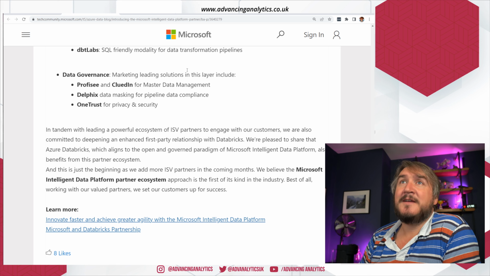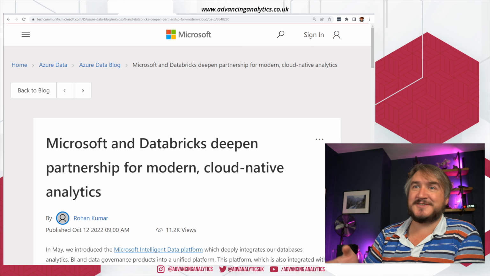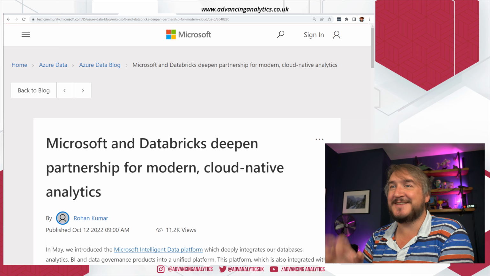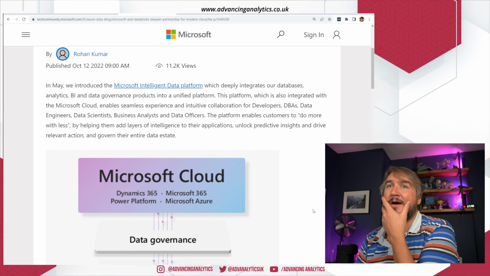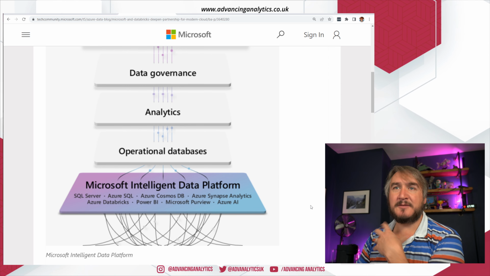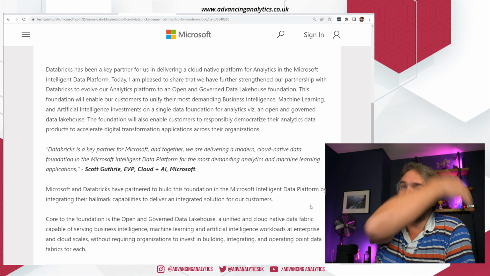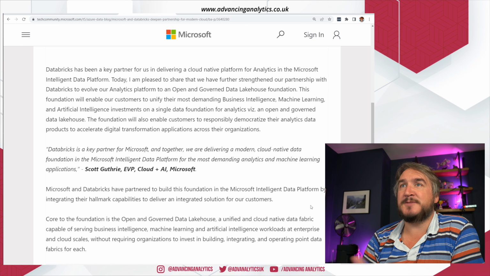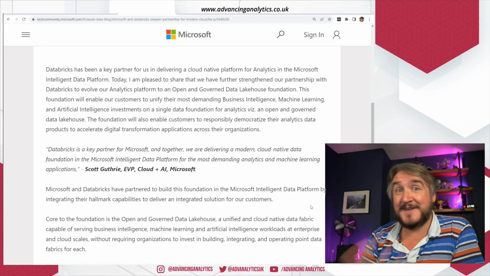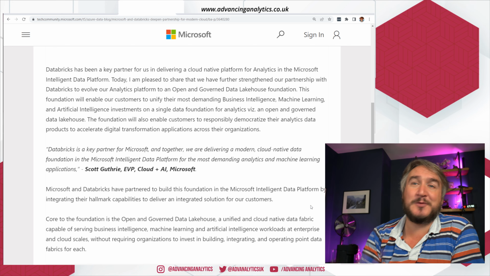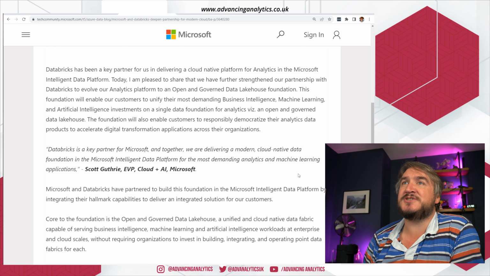So we'll see. On the Databricks point, there was actually a really short session, a 3-4 minute session with Scott Guthrie and Ali Ghodsi talking about the Microsoft Databricks relationship. It's interesting digging into it again as part of that intelligent data platform. There's a big commitment here saying they do want to deepen that relationship and do more between Microsoft and Databricks, which is fantastic news. That's a reassurance we want as people who do a lot of Databricks on Azure. We want to see them actually building and strengthening that partnership.